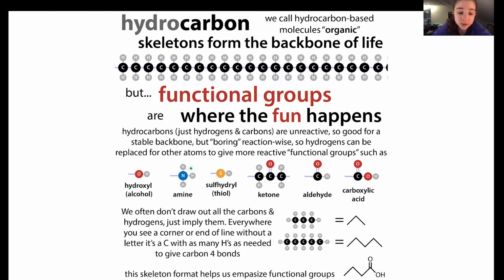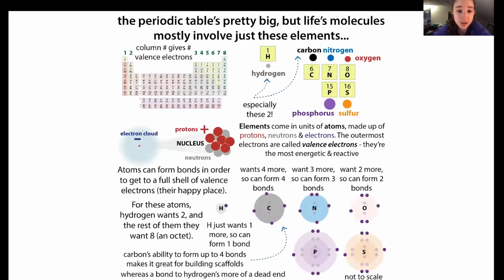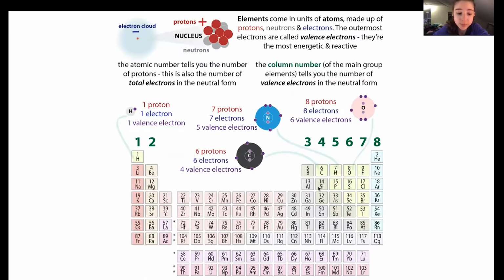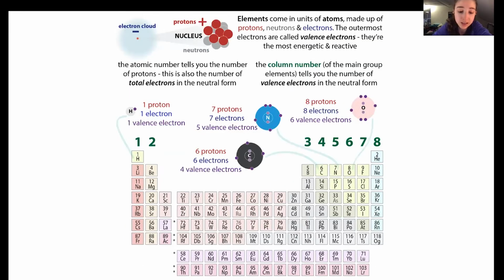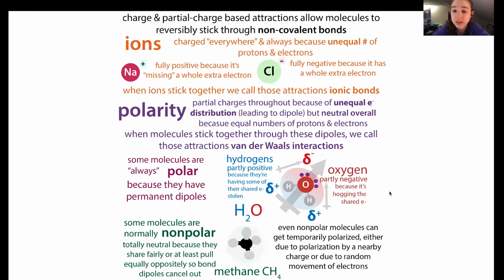The reason it's so boring is that all of these carbons and hydrogens and oxygens are atoms, and atoms join up to form molecules by sharing pairs of subatomic particles called electrons. When they share these pairs, sometimes they don't share fairly. For example, oxygen really hogs the pair, so we call it electronegative. This is why water is polar: the oxygen steals the electrons, making it partly negative, and the hydrogens are left with fewer electrons, so they're partly